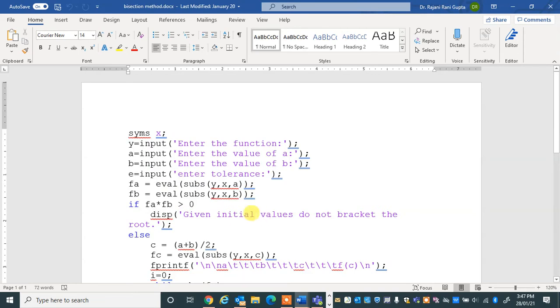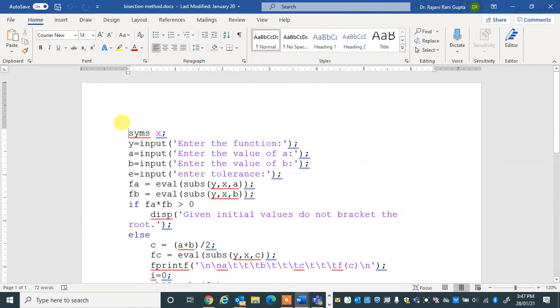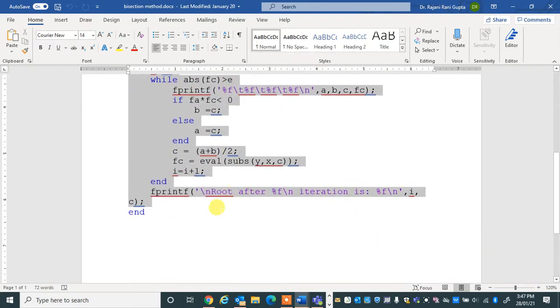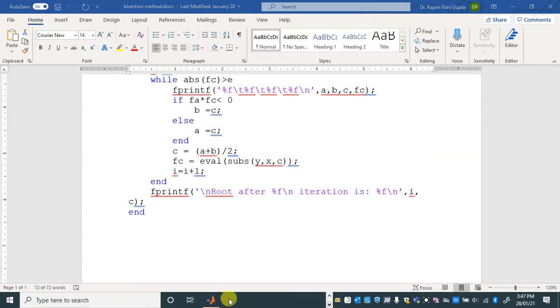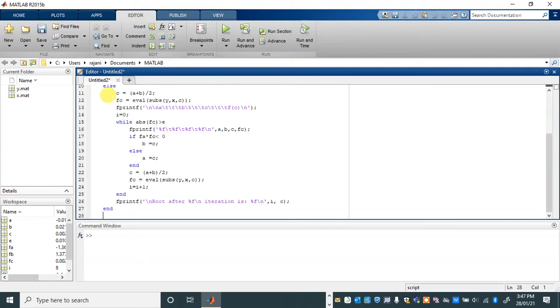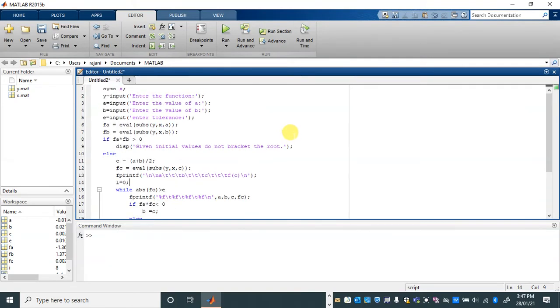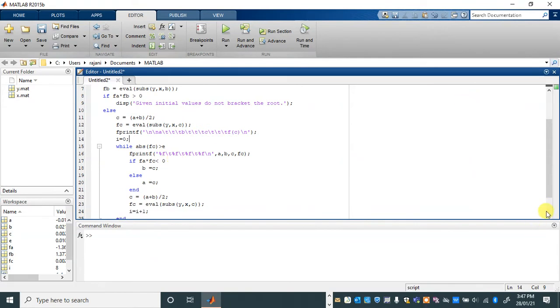I had already typed my program in the Word file. Now I'll just copy it from here and paste it in the M file. You can even type it directly over here, but otherwise you can paste it here. Once we paste it, it will come like this. And see, after pasting here,